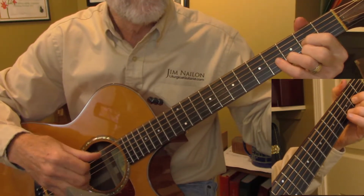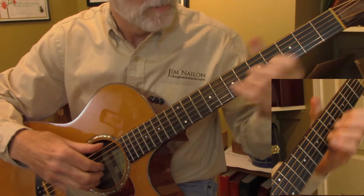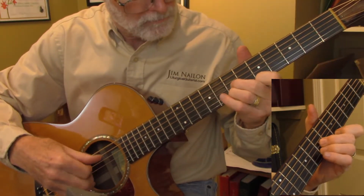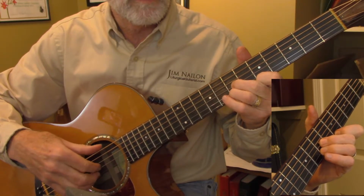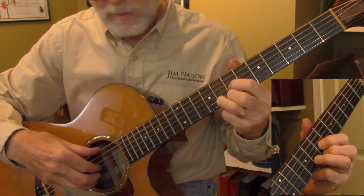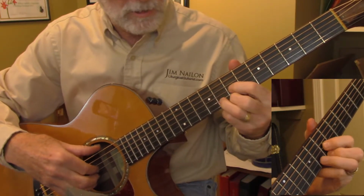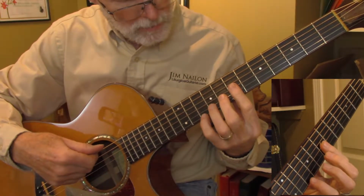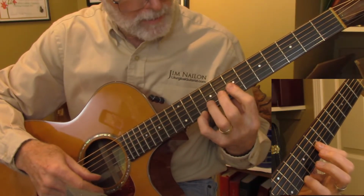Starting on a D, and then jump up to the D on the 5th fret here, and then this is a G on the 7th fret played in a D position. And then it goes up to the A, and then you play this D chord, barring